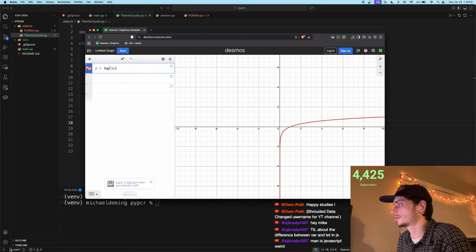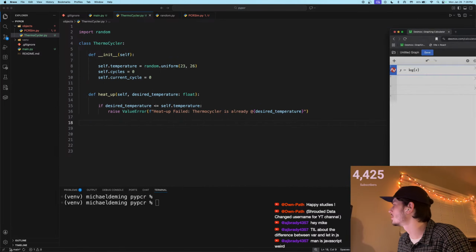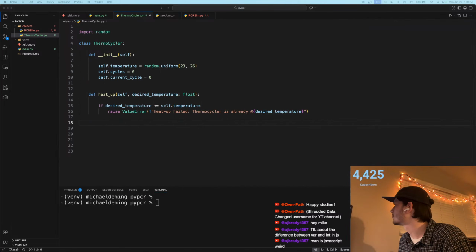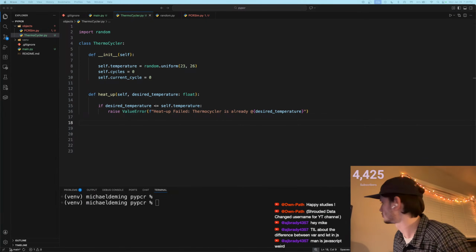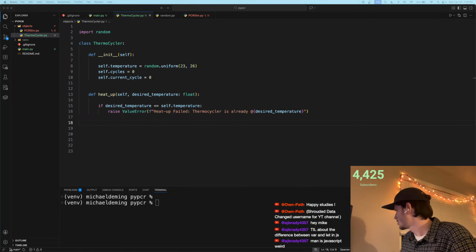Okay, so let's maybe see here. Let's go log x for a heat ramp function that